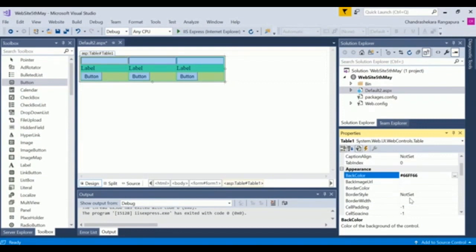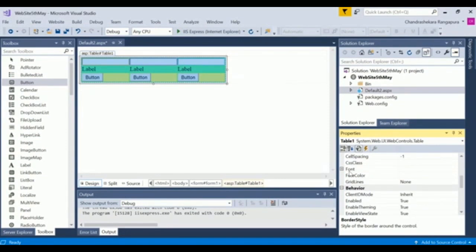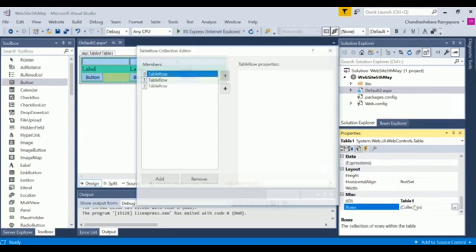Tooltip property. There are actually so many properties, and only with practice will you come to know them. It's not the case that every time we have to use all the properties. Depending upon the requirement, we make use of the properties. So like the entire table, for each and every row also you can set the tooltip property. Tooltip property means whenever you move the cursor, that particular text will appear. So now I am just running the program.